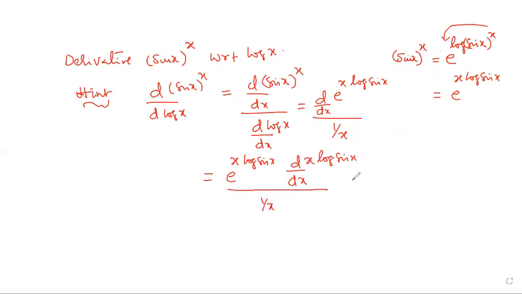This can be written as e power of log sin x power of x. Using the u into v formula, x times the derivative of log sin x plus log sin x